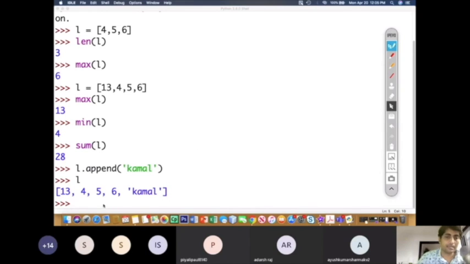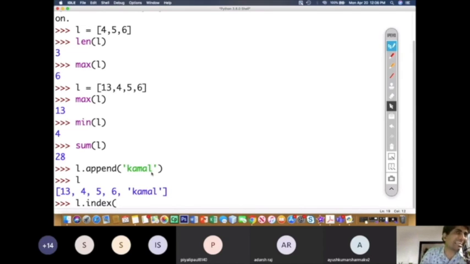Now let us go to the next thing. The next function is index, right? I have told you the index function returns the index of that particular element. So let us find out the index of Kamal. You have to give L dot index. Again, this syntax has to be used. L dot index, and why is this syntax to be used? Because they are member functions of the list object. They are not global functions of the Python library. They are part of the list, functions inside the list. So whenever something is inside some other object, dot has to be used.